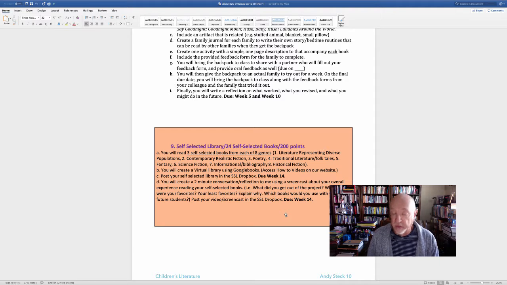And what I expect within the 24 books are 19 picture books, so they're easy to read, and 5 chapter books. They're a little bit more involved. Then you're going to sort those and have them in your virtual library on shelves, and you're going to actually create the icon or the image for that book and add that to the shelf. And then after you've got your 24 books, 3 books from each of the 8 genres that are listed here, then you're going to create